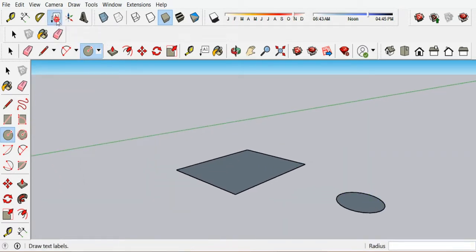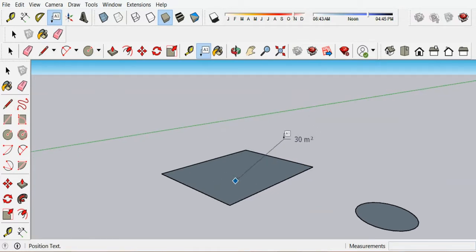Go to the text, then select this rectangle by one click, and again do the second click. Now it will give you the area of this rectangle in meter square, same like this for circle. Select this circle, it will give you the area of circle